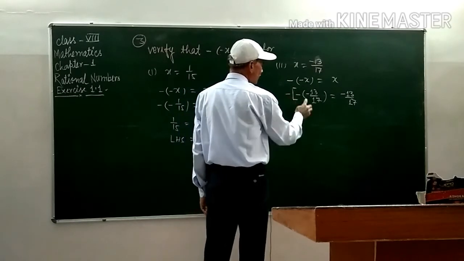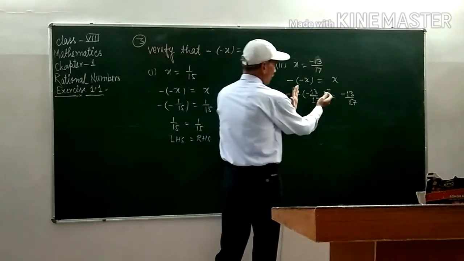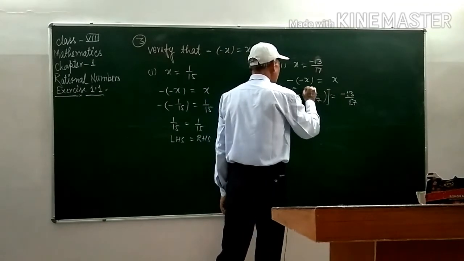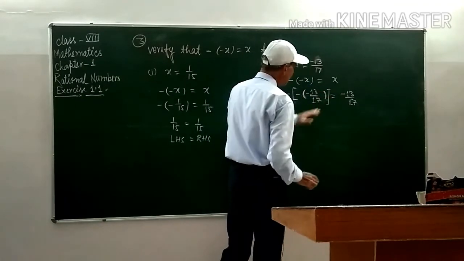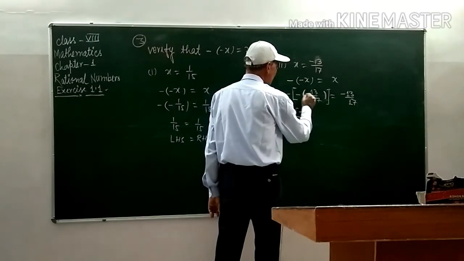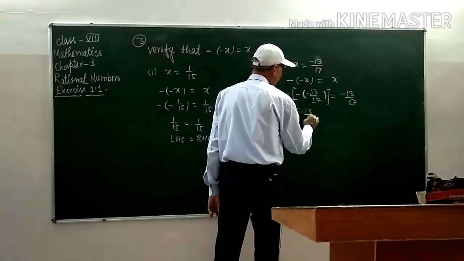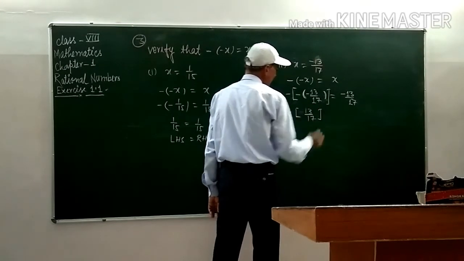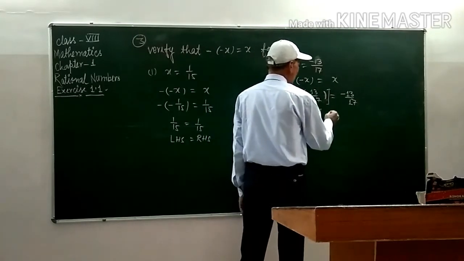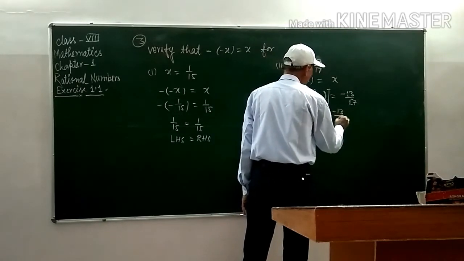So this one, first of all we have to solve the square bracket. The small bracket has the numbers in this bracket. Minus and this minus makes plus, so this one is 13 by 17. Clear students? So we reduce this bracket. This is a small bracket, and this one is the square bracket, which is equal to minus 13 by 17.